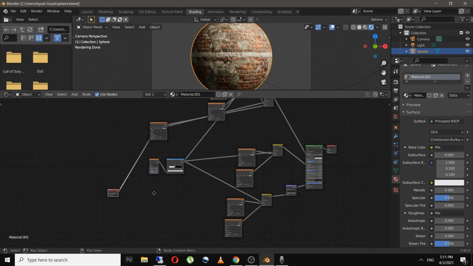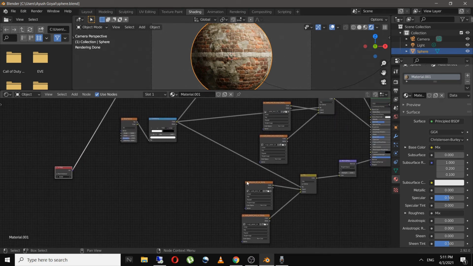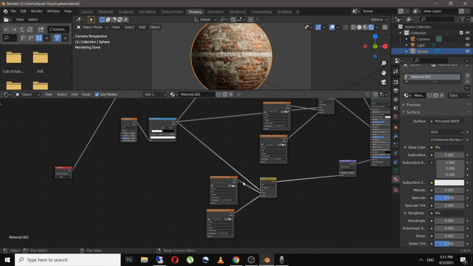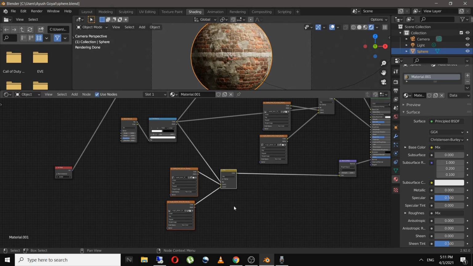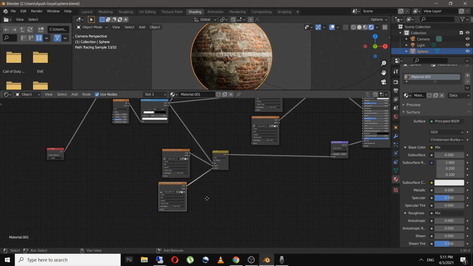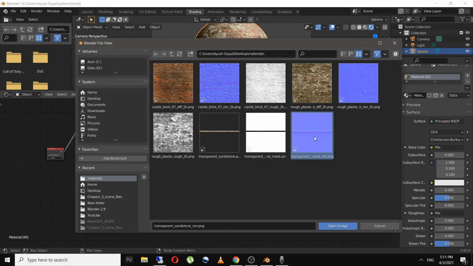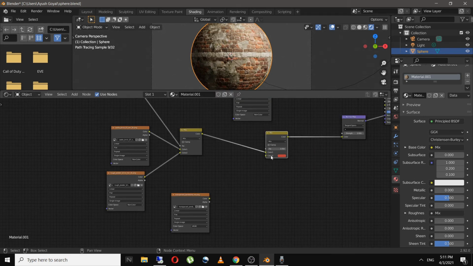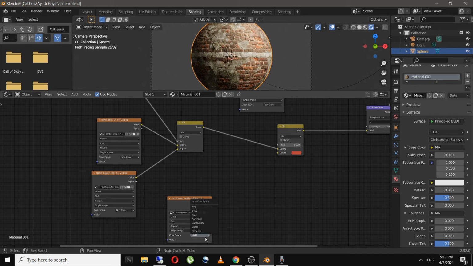And now in the shading tab, I will move this over here, and I'll add in the normal for the sandstone border. So for that, I'll select this and put it over here. I will duplicate this, Shift D, and select the transparent normal over here, and duplicate this mix RGB, and connect this color to here and set this to non-color over here.